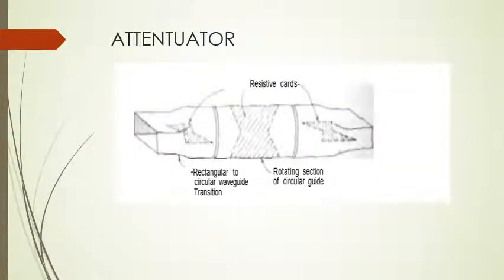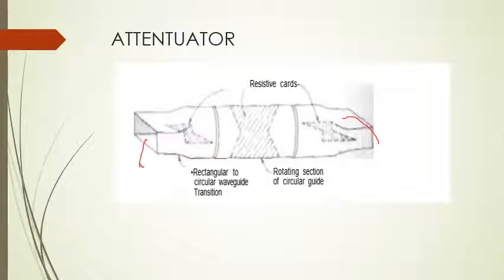In this session, we will be discussing the attenuator. This is again a rotatory type of attenuator. In this attenuator, the construction is similar to a phase shifter. We have a rectangular to circular transition at the front end, then a circular to rectangular transition at the rear end. I hope you know, by looking at the isolator, gyrator and phase shifter, that this type of arrangement of taper transitions is to avoid reflection losses. But in comparison to the phase shifter which you studied just now, the attenuator will have resistive